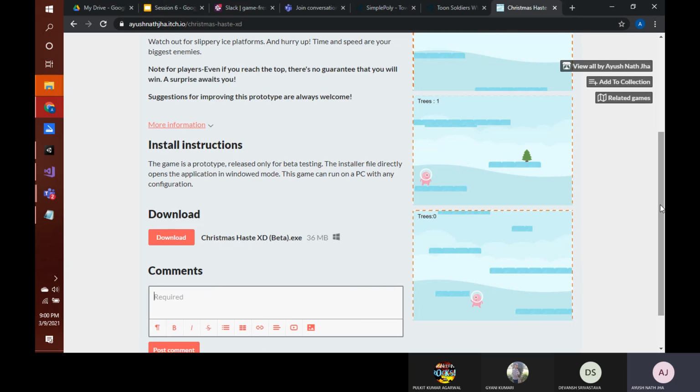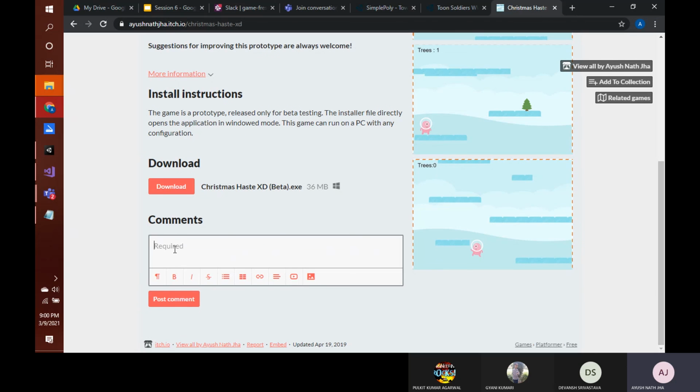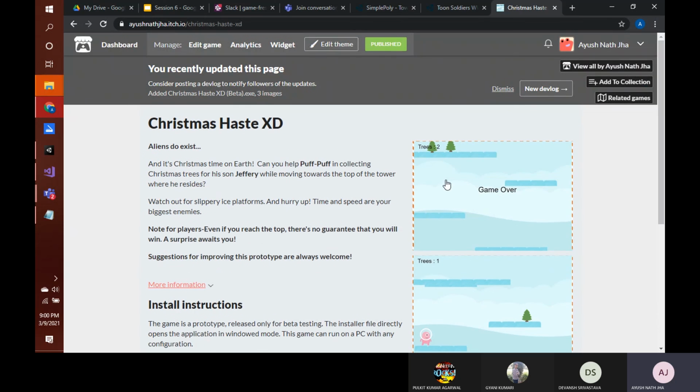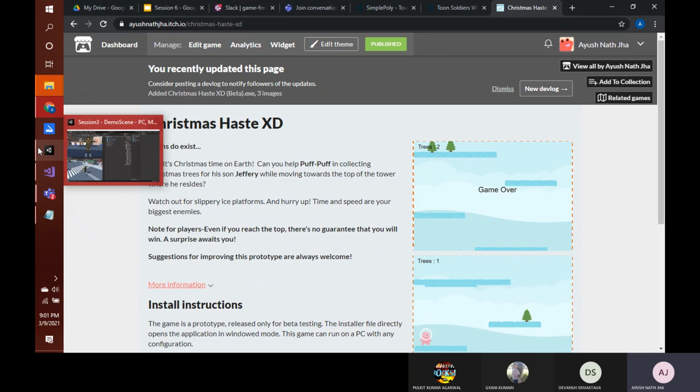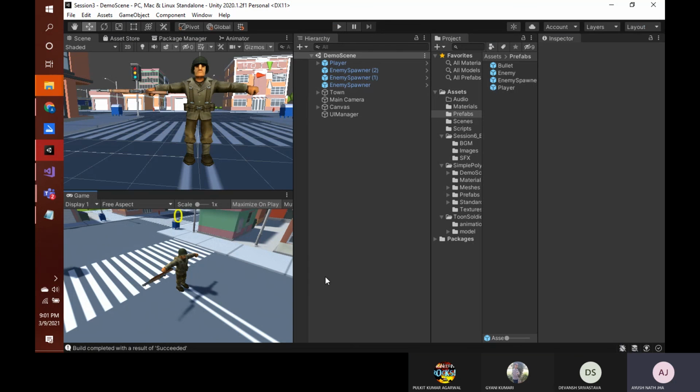You can add your comment, meaning the users who visit here can comment on your game. They can give you feedback. So this is a very good platform. You can definitely check this out and use it to share your game. And in case you upload this game after making your own version of it, do share your game, do tell me as well, do post it somewhere, so that people could know what you have developed.